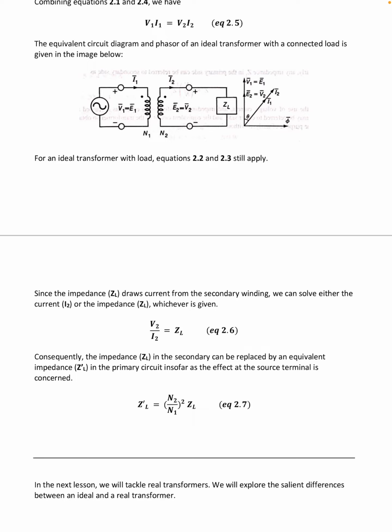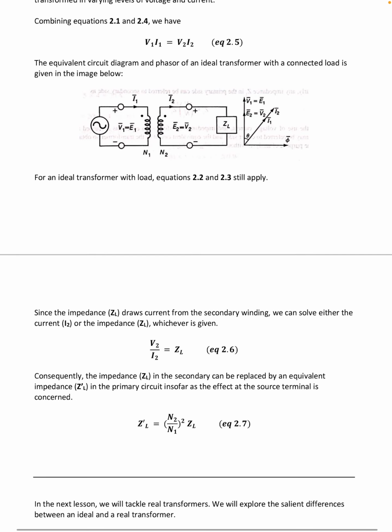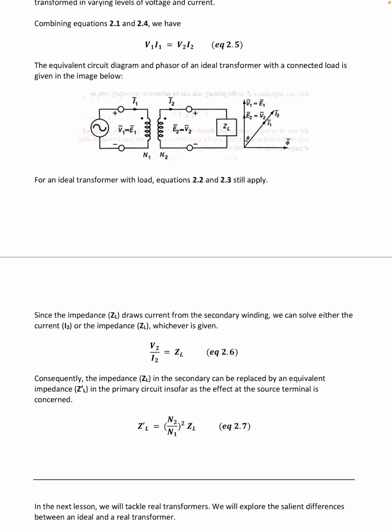Consequently, the impedance in the secondary can be replaced by an equivalent impedance in the primary circuit insofar as the effect at the source terminal is concerned. So, in this particular diagram, nakakonect ang ZL nato sa secondary winding, pero napod na siya equivalent na kanabitang reflection ang ato ang ZL or load impedance sa atong primary side, which is represented by Z apostrophe L. Then Z apostrophe L is equal to N2 over N1 squared ZL. So that's how we convert